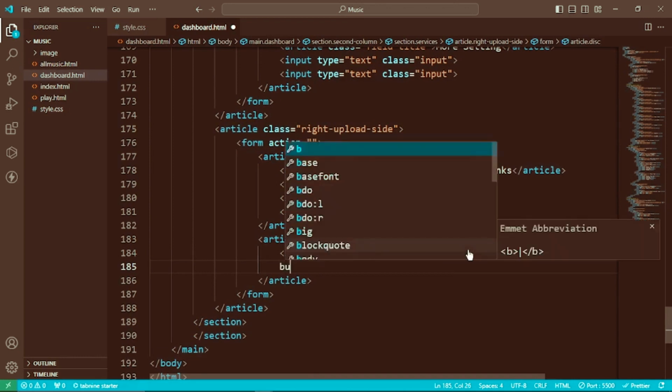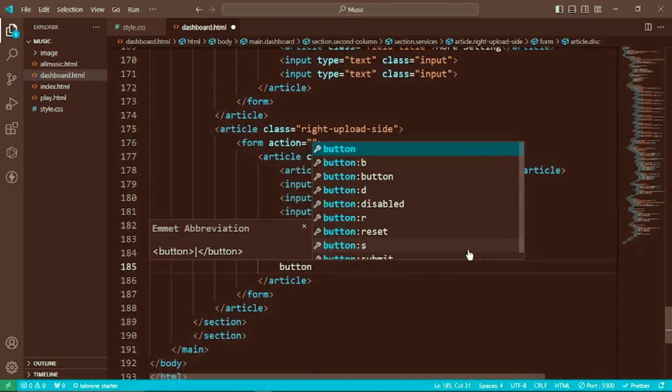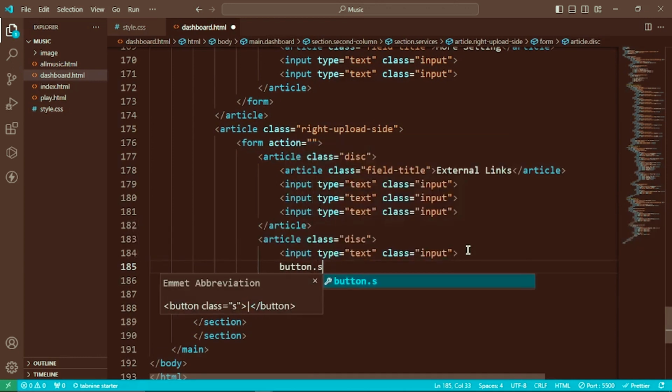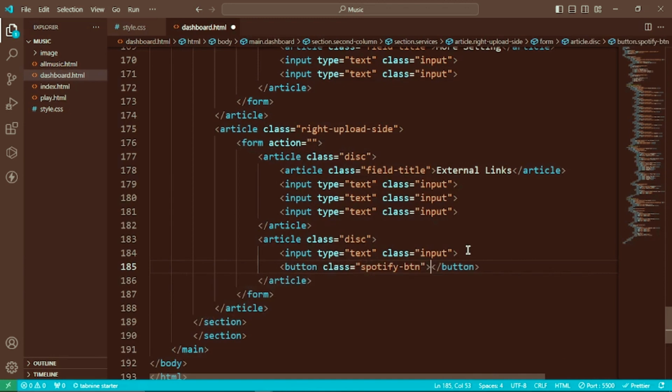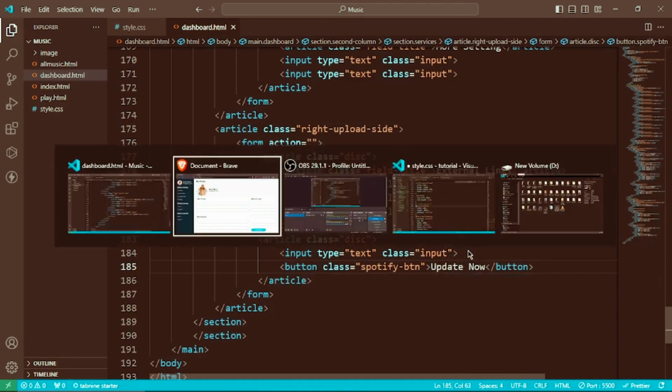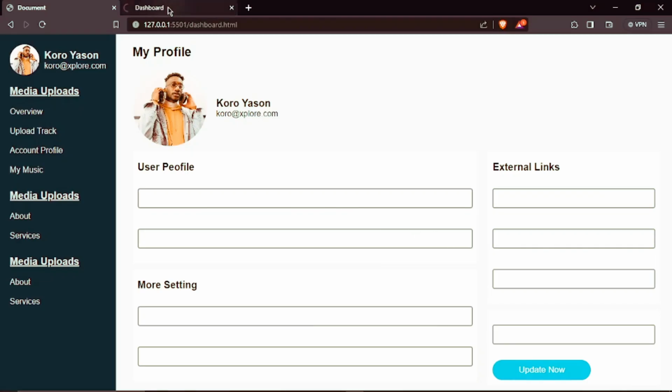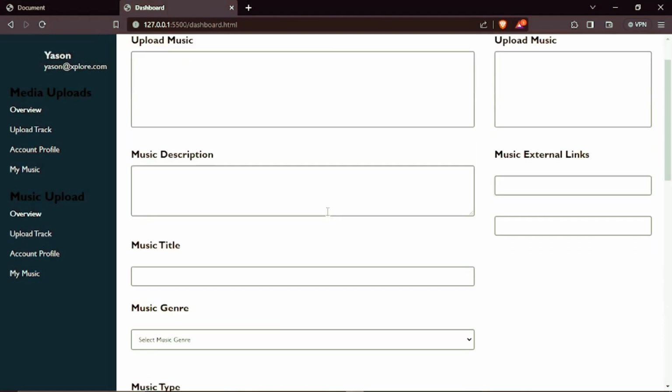I'm going to say button, and then the button I'm going to use from that button of Spotify. I just want the same kind of button here, so I'm going to use Spotify, this one, and then I'm going to say update now. Update now. So after saving the file, let me come here, and when I scroll down,